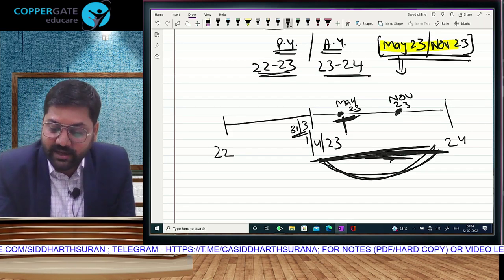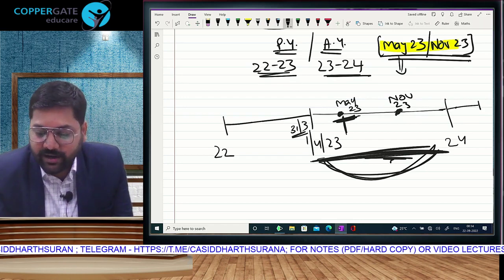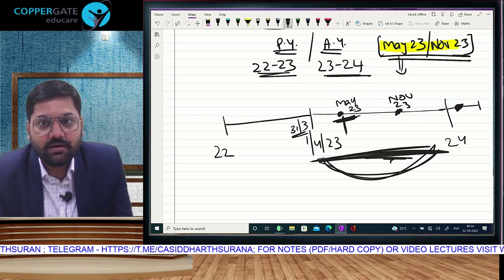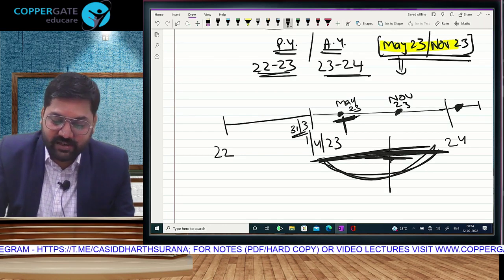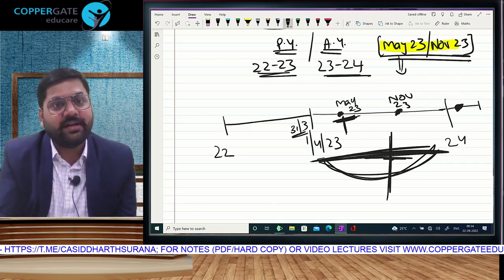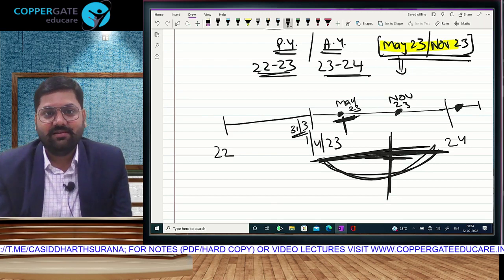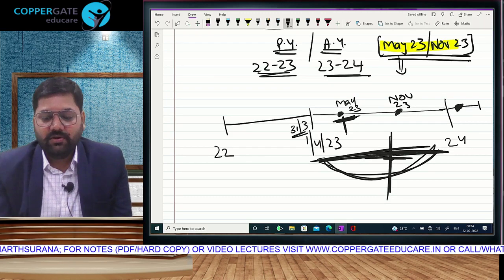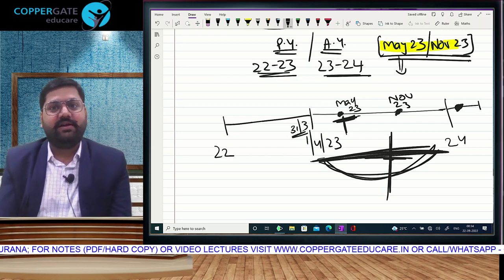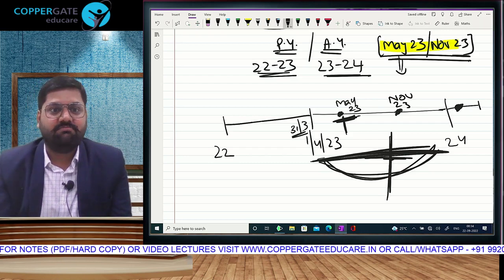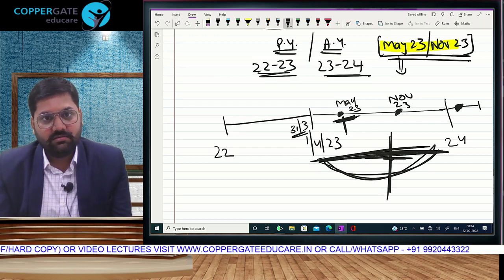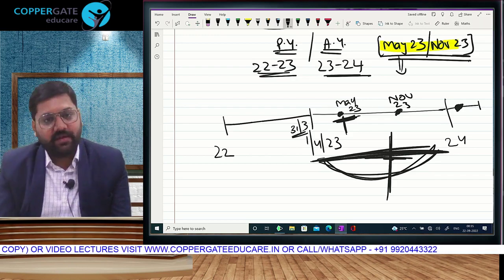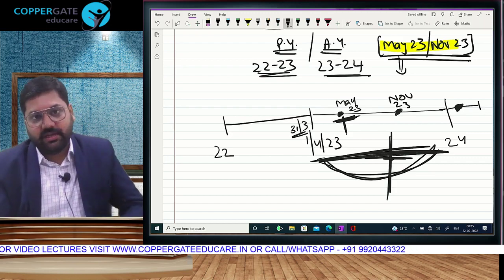Now, supposing there is a May 24 student. May 24 will come here. 24-25 has started, so the previous year will become 23-24. In May 24 the new budget will apply. Friends, so every May and November, the direct tax portion remains the same. It changes every May attempt. Is that clear? And in this explanation, we have also covered which is the previous year applicable for your exam,